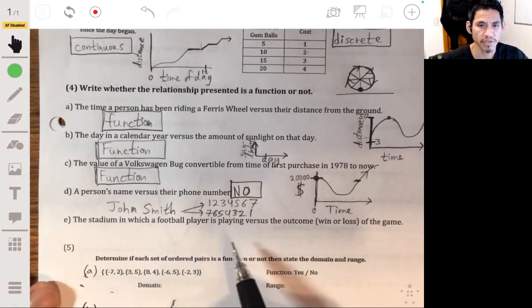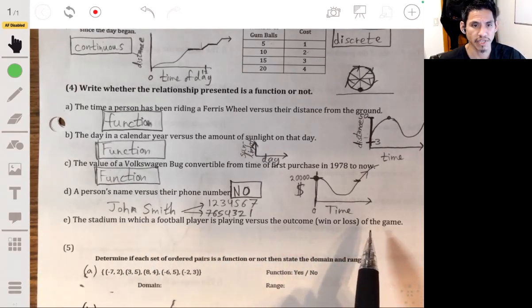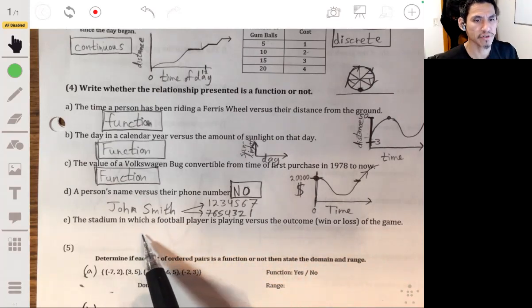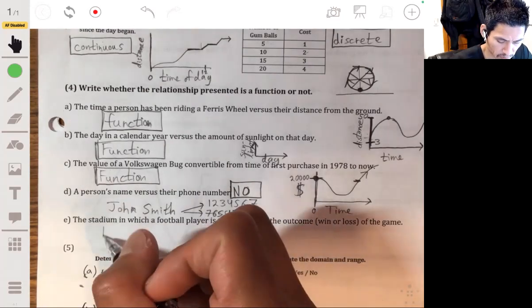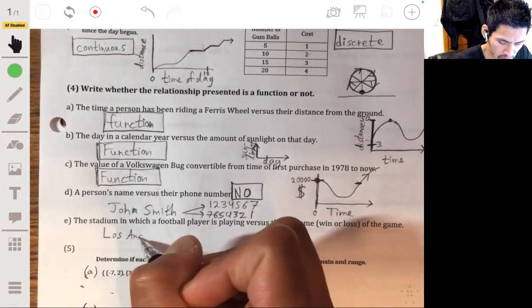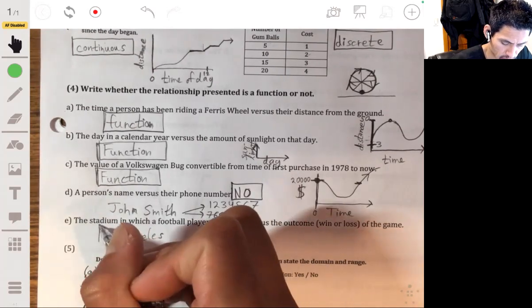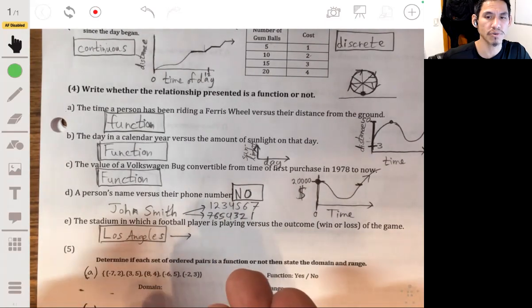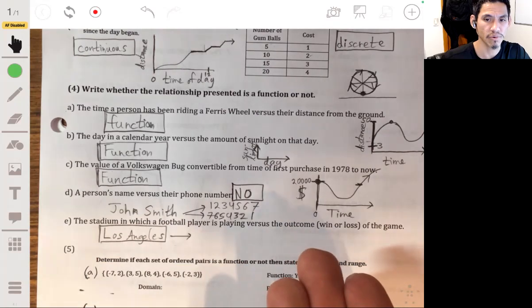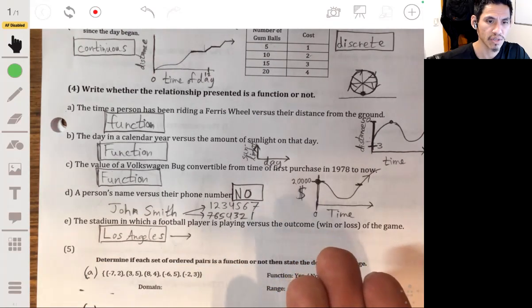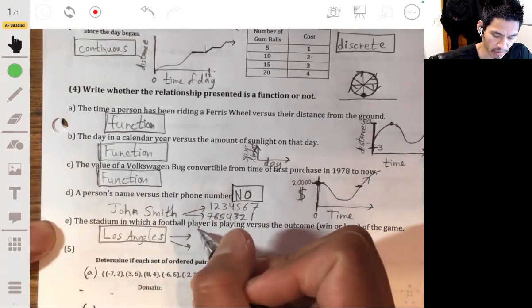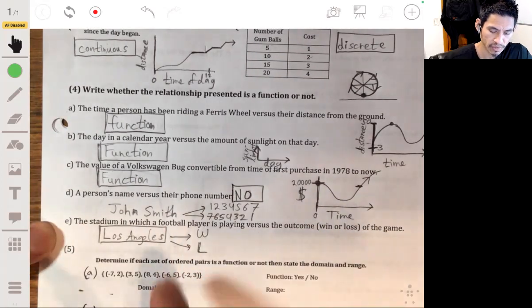The stadium in which a football player is playing versus the outcome, win or loss of the game. Okay, so that's saying that if you know what stadium they're playing, let's say they're playing in the Los Angeles Stadium. For it to be a function, that means you know for sure what's going to happen. You know that they're either going to win or they're going to lose for sure. But the stadium is not going to guarantee them to win or guarantee them to lose. It could be either. They could win or they could lose. So this would not be a function because